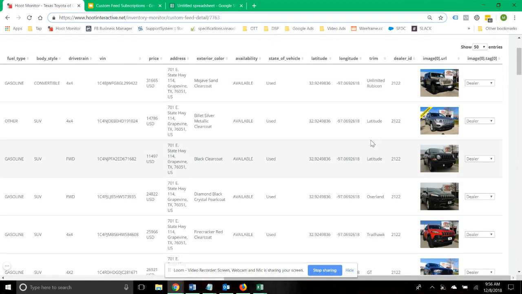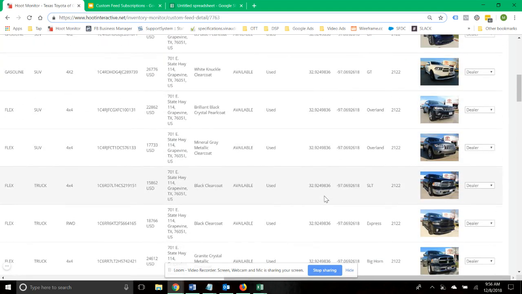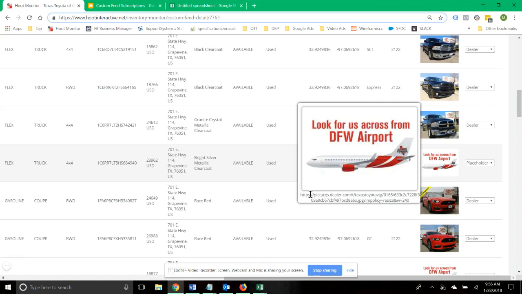So when we're looking at these images, you can see that we've got both the image and a classification over here to the right with a drop down that will allow you to change the classification. And the reason we have this is because we're using a method called machine learning. It's a type of artificial intelligence that allows us to, instead of having to logically go look at something like an image URL, this thing down here, and look for something in there that would identify that image as a